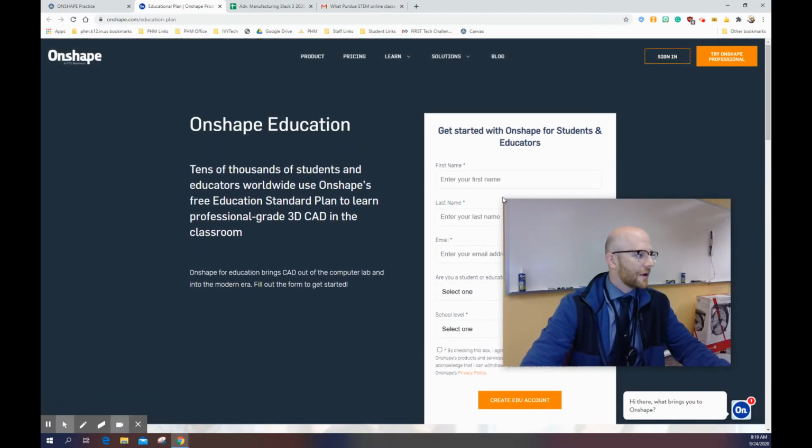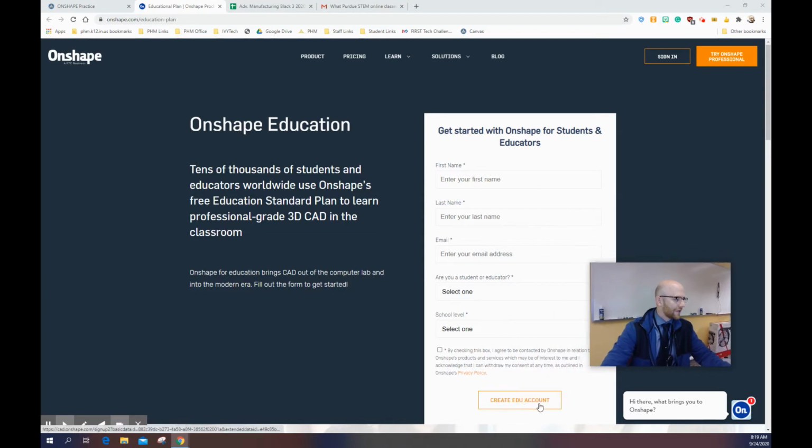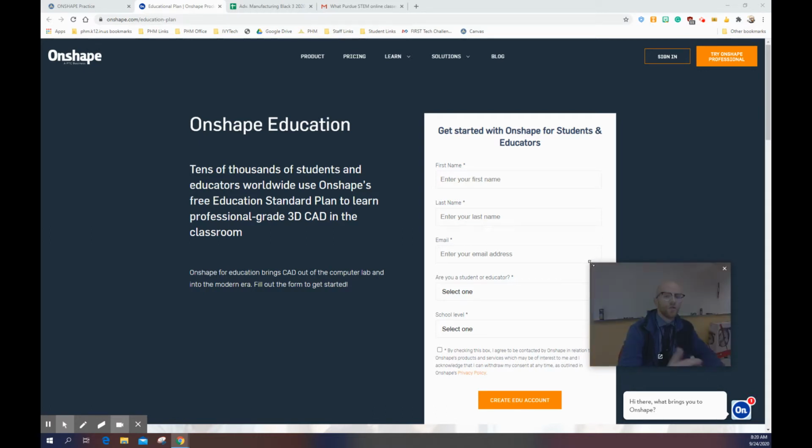a page where you sign up for something. Okay, you create an account, an education account. Put your name in there, your school email. Are you a student? Yes. High school. But it's going to take you to another information page where you do a little bit more detail, and then at the end, it's going to send you an activation email. And so it sends the activation email to the email that you put here. I've had a student before say for some reason it didn't work on the school email, and then they used a personal email, and then it worked. So first try your school email a couple times, and then you can maybe switch to personal email if that's not working. So once you log in,